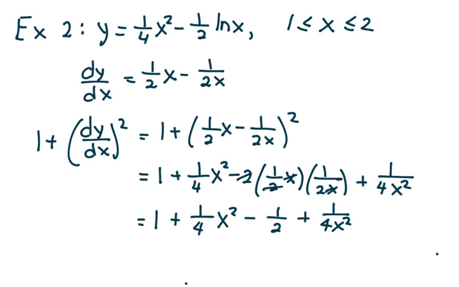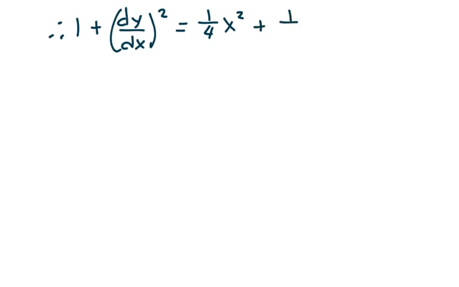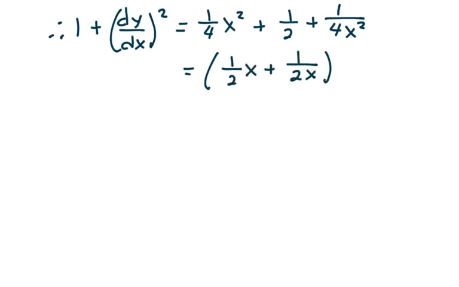And so, therefore, 1 plus (dy/dx) squared is 1/4 x squared. Remember that 1 minus 1/2 is plus 1/2, plus 1/(4x squared). That's a perfect square by design. That's going to be 1/2 x plus 1/(2x) to the second power, it looks like. Okay? Now, remember that my formula